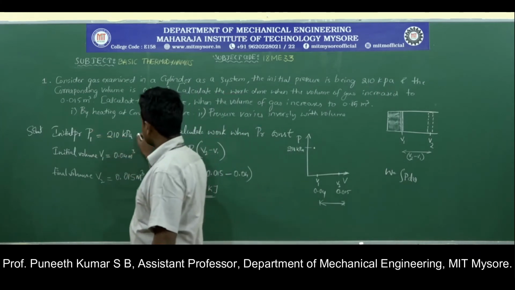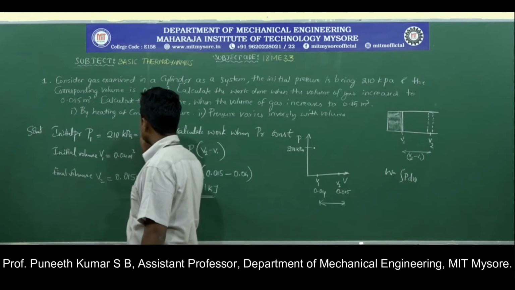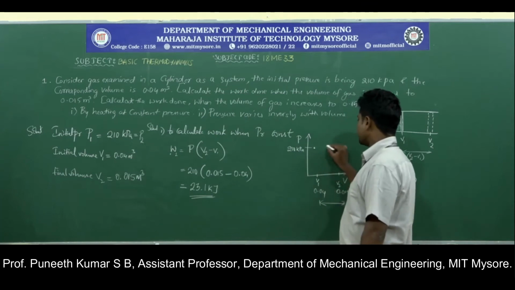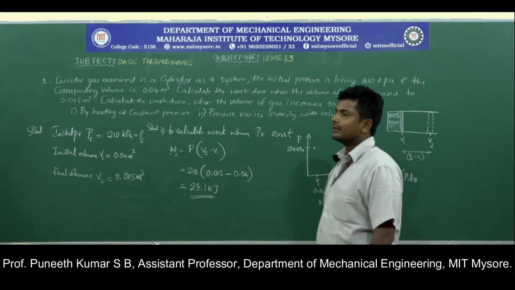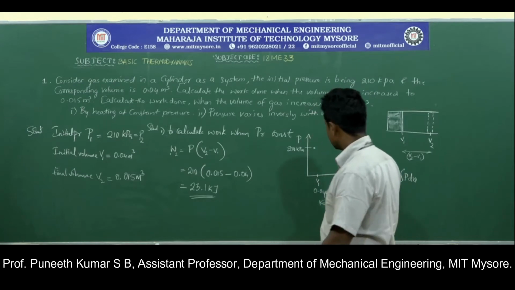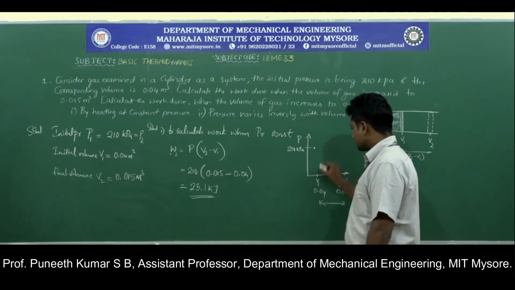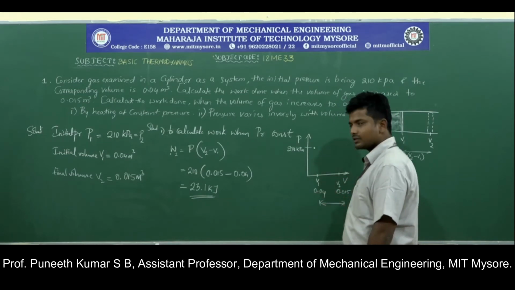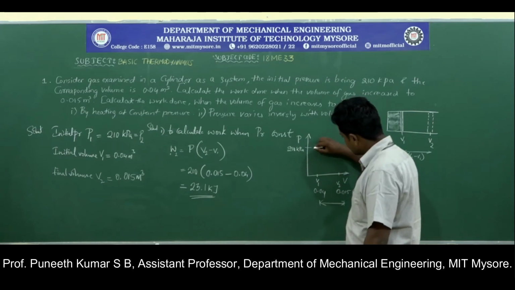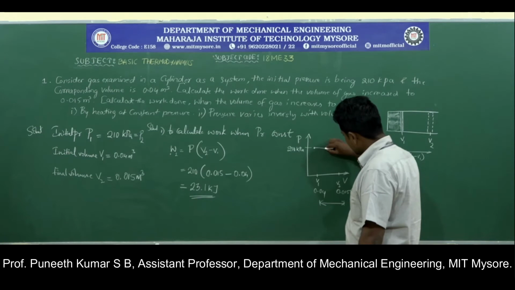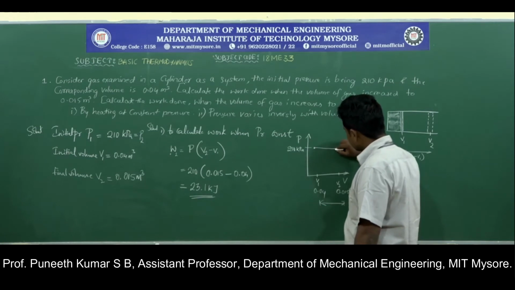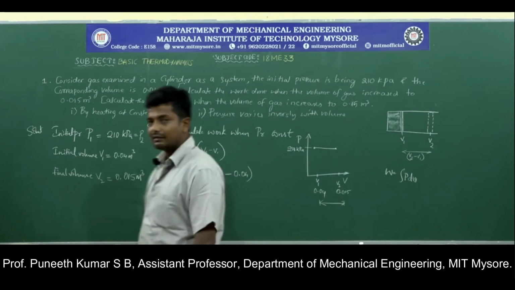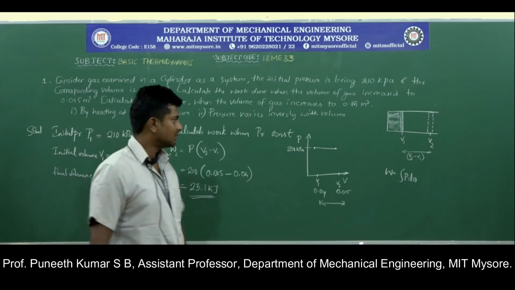For this particular condition, I can also say that P1 is equivalent to P2. Why? Because the pressure is not going to change. So the initial and final pressure remain the same. That means it looks like a horizontal line, but the volume is going to change. Now this mark is at 0.04, and when it undergoes expansion and reaches the volume 0.015, the PV curve looks like a straight line, and it is a straight line if the pressure is constant.